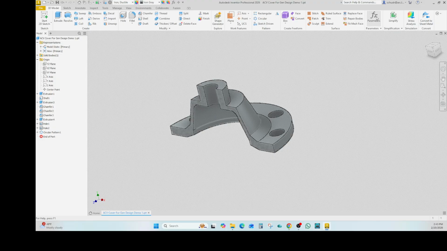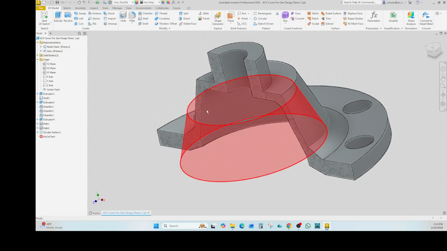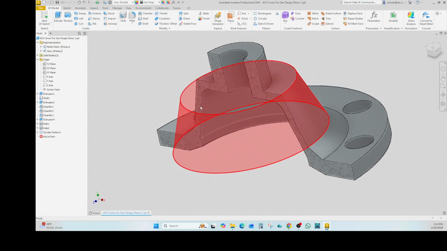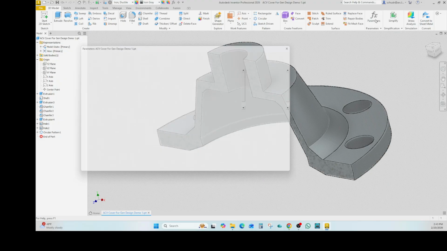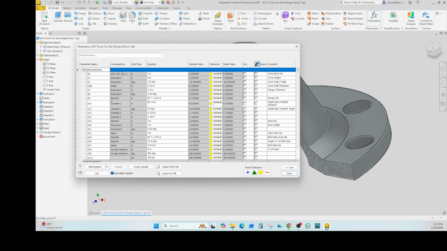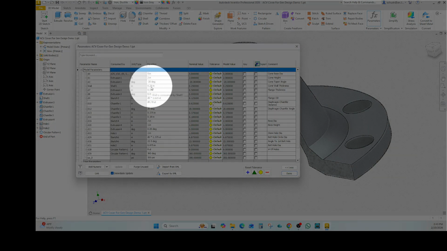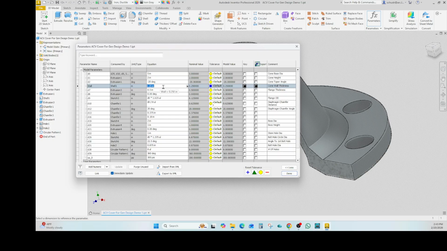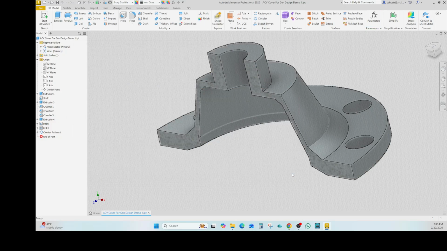So let's go to our parameters and see what happens if we cut this wall thickness down. The cone wall thickness, there it is, 0.25, and it was pretty hefty. Let's go 0.18. Let's just change it to 0.18